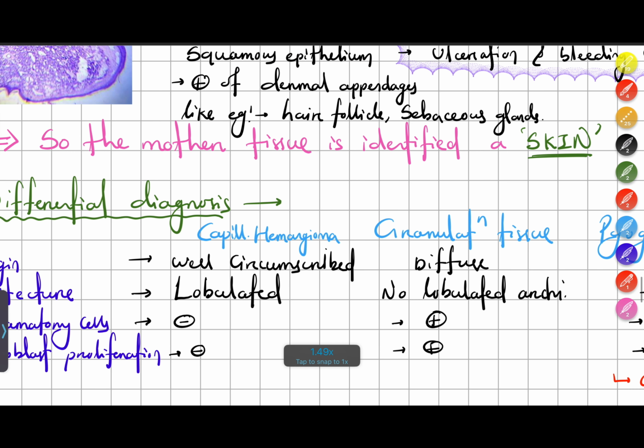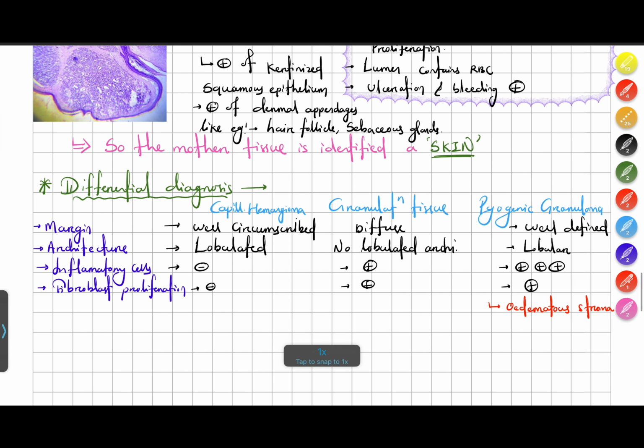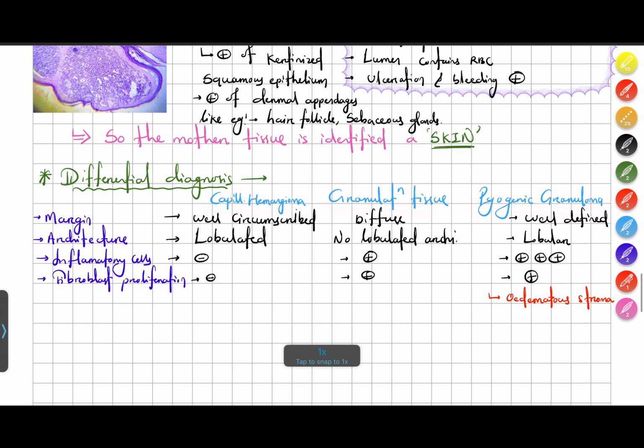Now let's see some differential diagnosis. The differential diagnosis among capillary hemangioma, granulation tissue and pyogenic granuloma. The margin of capillary hemangioma and pyogenic granuloma is well circumscribed or well defined. But of granulation tissue it is diffuse type, and the architecture of capillary hemangioma is lobulated, and of granulation tissue it is non-lobulated, or there is no lobulation present in granulation tissue, and of pyogenic granuloma